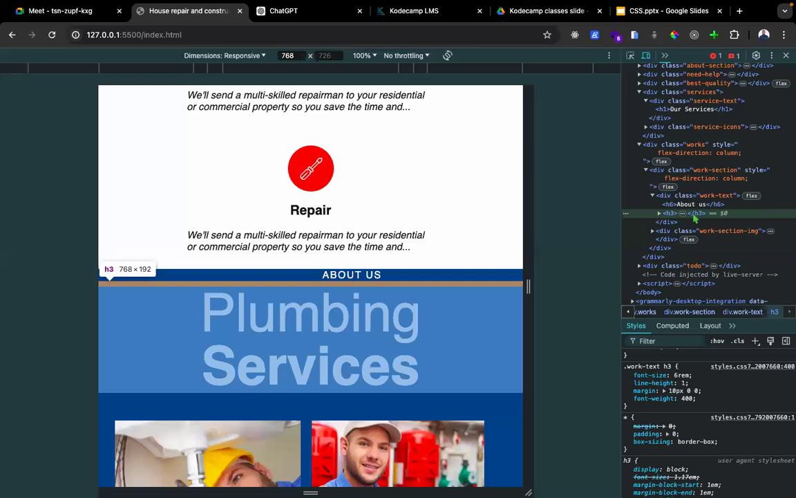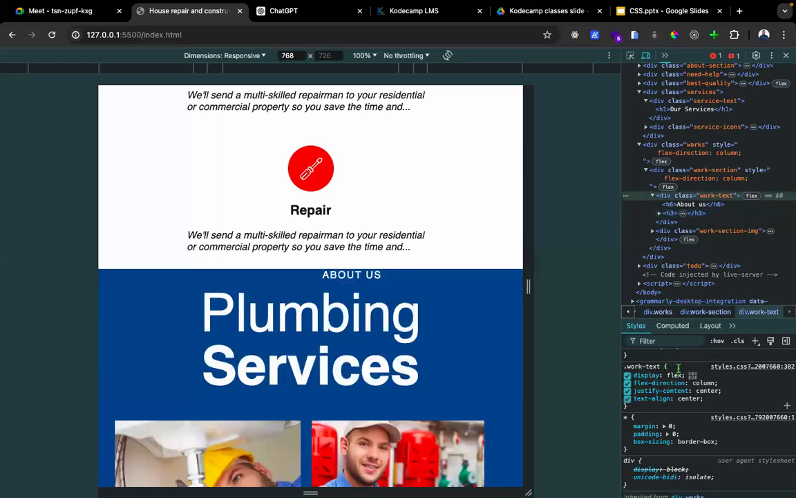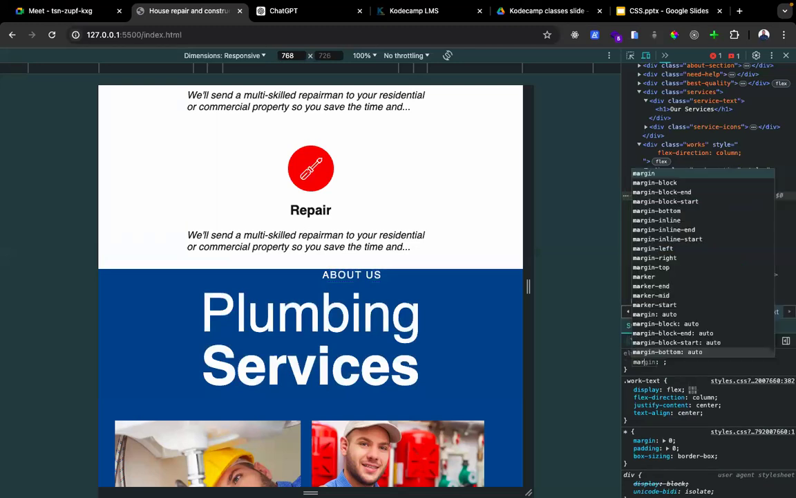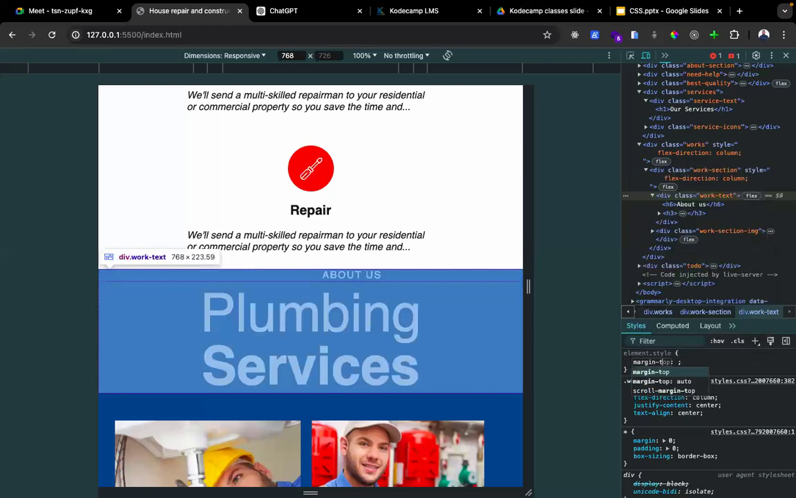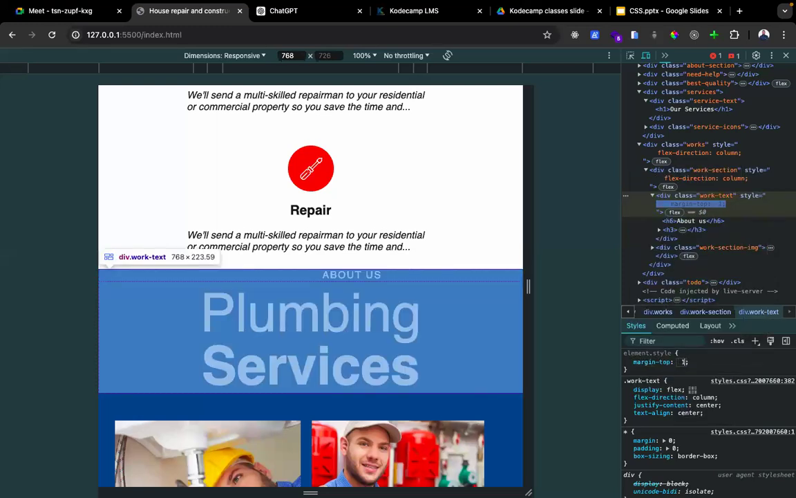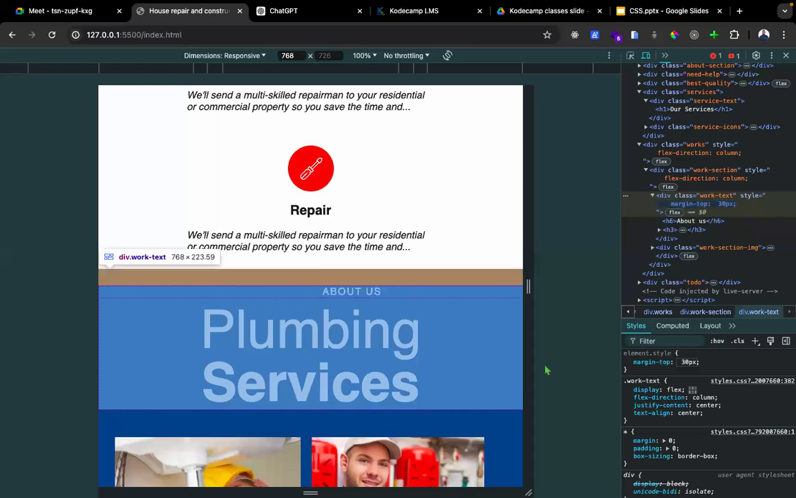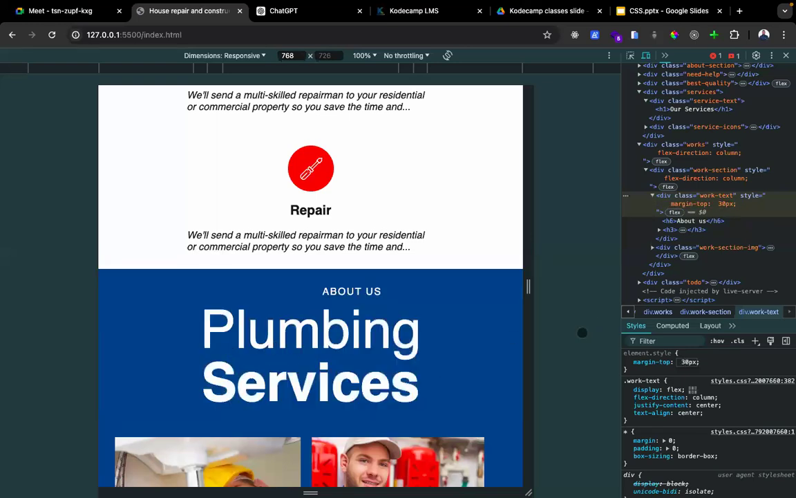So let's increase it. Let's about us. Let's give it a margin top. Okay, let's give it a margin top. A margin top of, let's give it 10 pixels. So the about